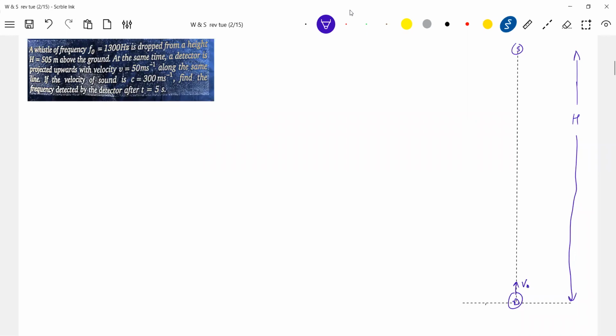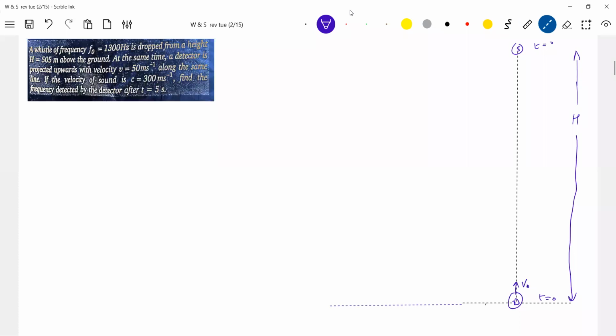At t equals 0, they are here. This is t equal to 0. Strictly, what is it telling? At the same time, along the same line, if the velocity of sound is given, find the frequency detected by the detector after t equal to 5 seconds. At t equal to 5 seconds, what happens? The wave will reach the detector and it will be detected. So this will undergo retardation. So somewhere at t equal to 5 seconds,